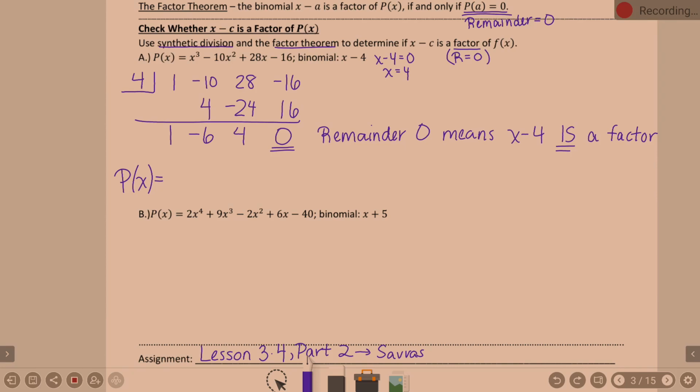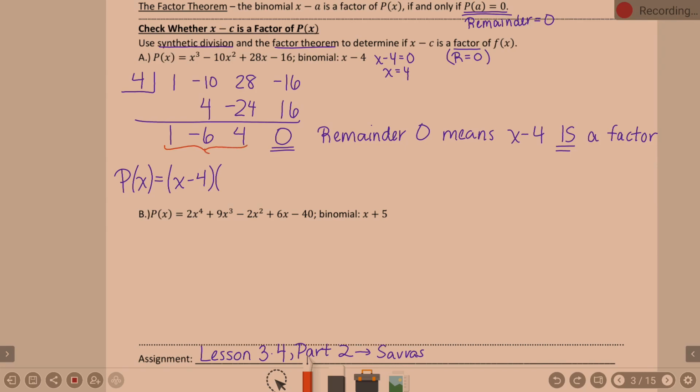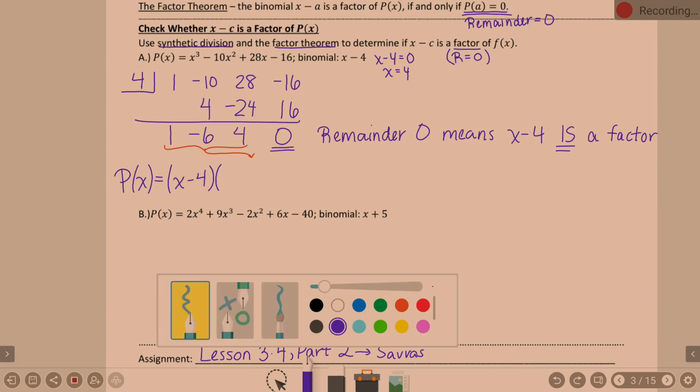So one of my pieces is x minus 4. When we divided by x minus 4, what did we get? We got a remainder of 0, but what did we get as an answer? X squared negative 6x